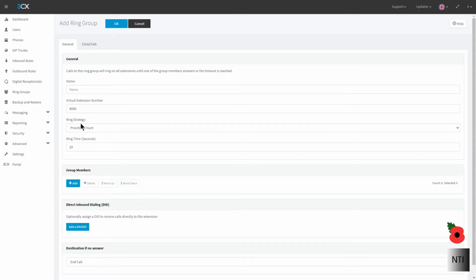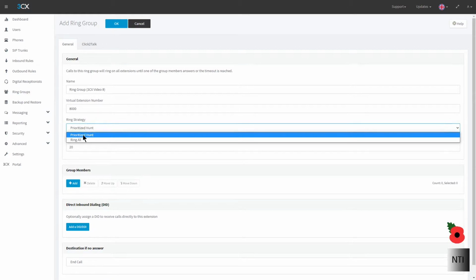So, for this demonstration, I'm just going to create one ring group with a few extensions added onto it. So, of course, at first I'm going to give it a name. I'm going to call this ring group 3CX video 8. I'm going to keep the virtual extension number to 8000, and I'm going to set the ring strategy to ring